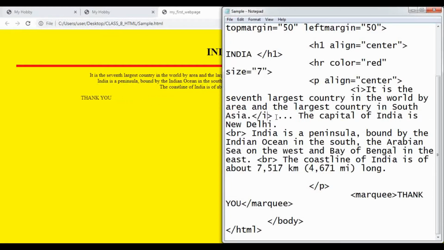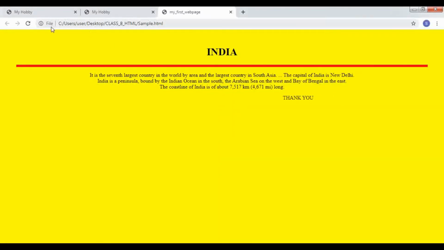So this line will be tilted as I have applied the italic tag on this line. So you will Control S to save it. Now come to the output and refresh the page. Now if you can see here, it is the 7th largest country in the world by area and the largest country in South Asia. This text is tilted. So italic tag has been applied.